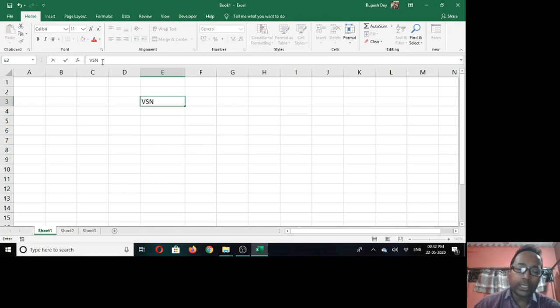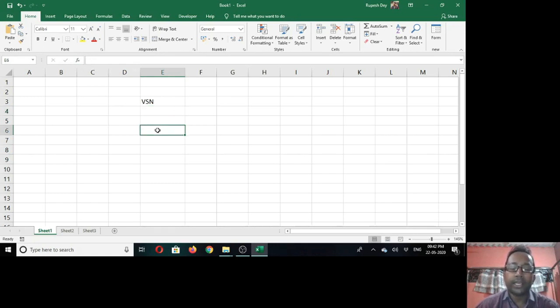So this formula bar displays the contents of the active cell. And why is this bar called formula bar? Because if any cell contains a formula, that cell will not display the formula, the cell will display the result of the formula. But the formula bar will display the actual formula of that cell. That's why this bar is called formula bar. You can insert any value in a cell by directly typing in the cell, or you just click in the formula bar and type there. The data will be inserted in this cell.